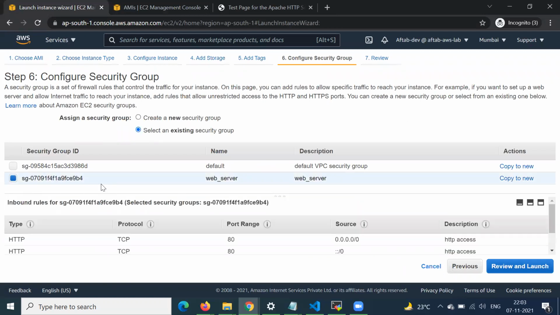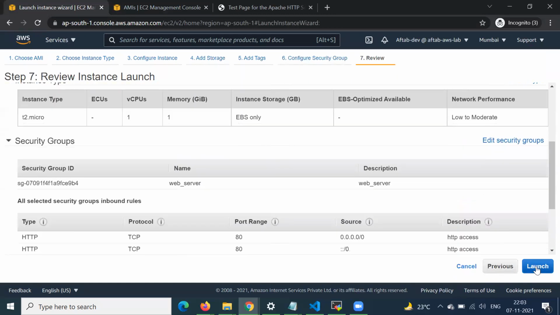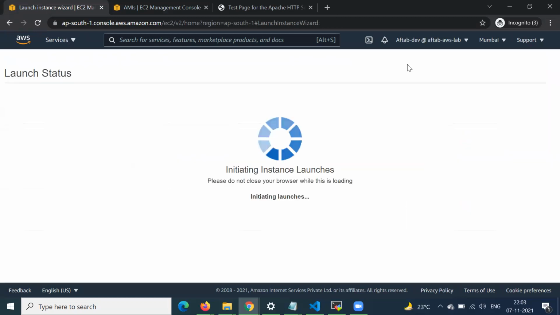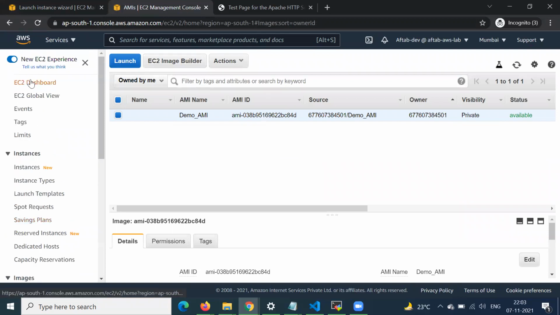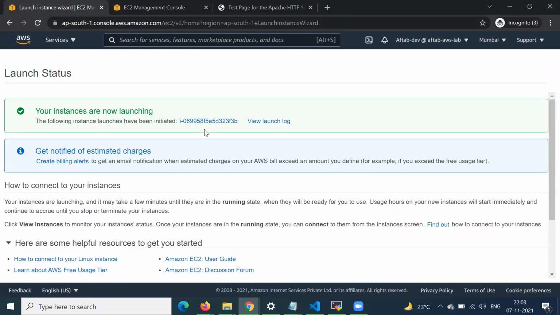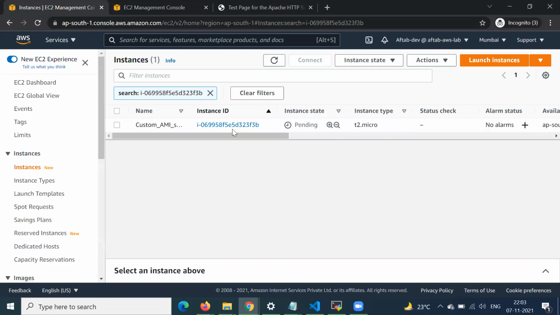We will select this web security group, review, and launch. This is in pending state, so let's wait for it.